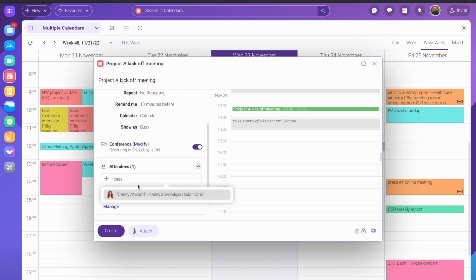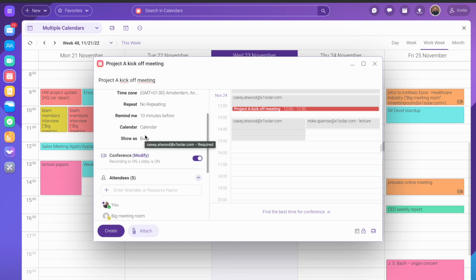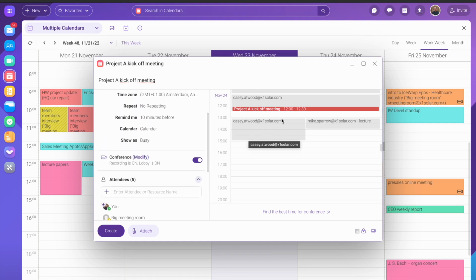So I need to have there Casey, Celia, and James. And just to be sure, I will also reserve the meeting room. There you go. Well, and now let's have a look on the right side, because as you can see, the